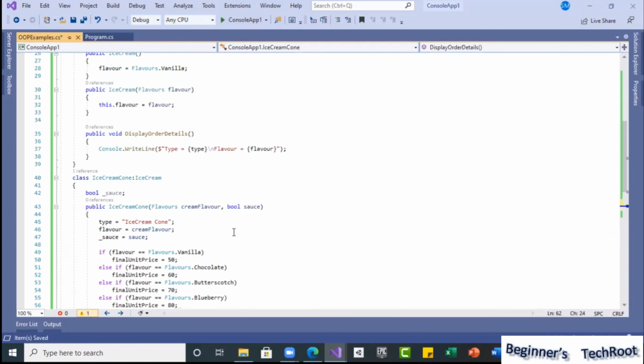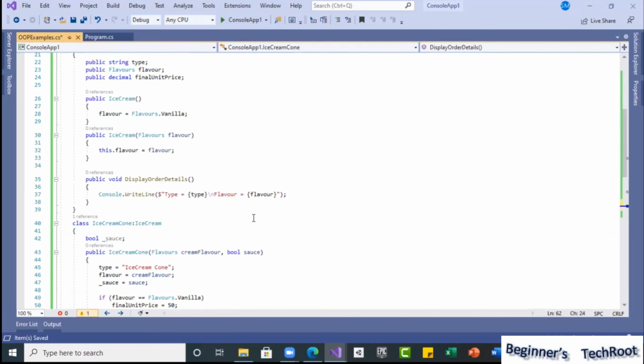In the base class, I need to specify virtual. So I will add virtual here, so that it allows overriding in the derived class.